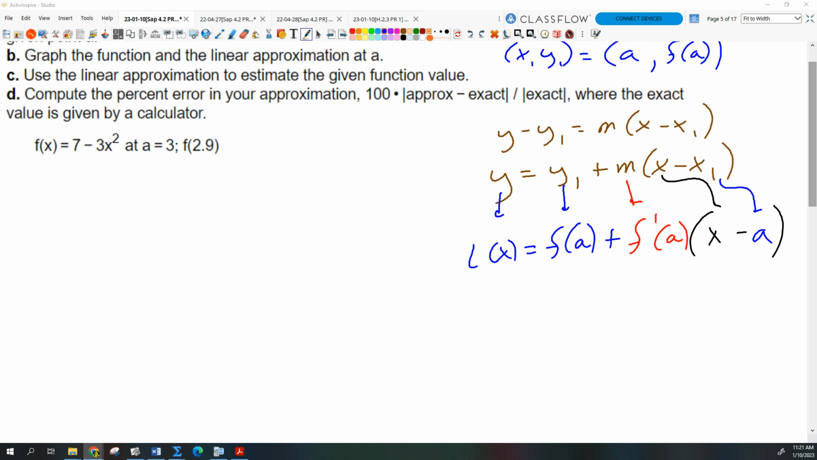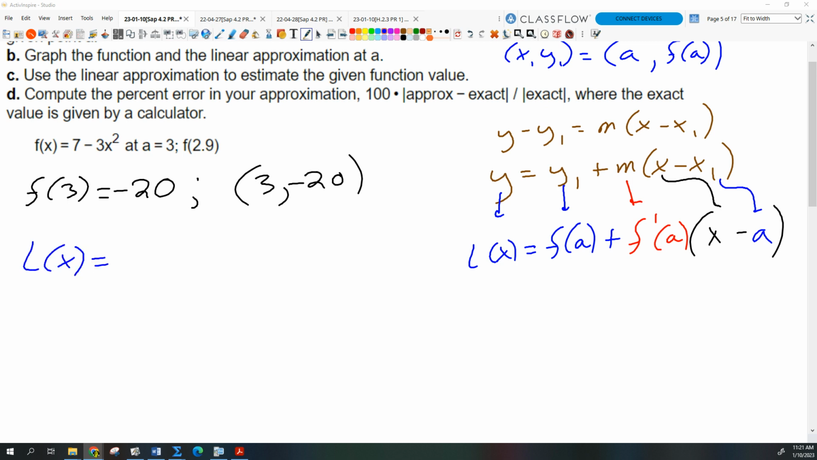Okay, so for us then, we need to do a little bit of calculation here. So we know a is 3. I guess we need to know what f of 3 is, right? So what's that give us? 7 minus 27, so negative 20. So then that means that our point of tangency is going to be at 3, negative 20, right? And so we'd get